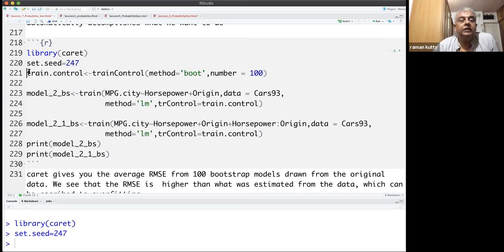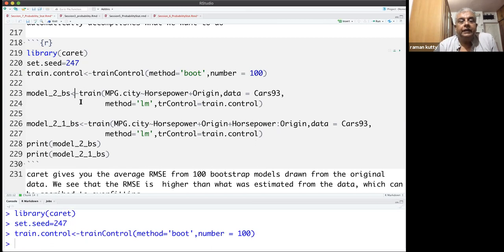So the first step in bootstrapping is to create an object called trainControl, using the trainControl command. Method should be used as boot and number 100, which means 100 times it will sample, just like we have seen earlier in the infer package. What is bootstrapping? Suppose that there are 93 cars, so it will sample one by one 100 times. Each time a car will be taken, added to the sample, and put back. So it is sampling with replacement. Then we have a sample of 100 cars. Of course, some of it will be repetition, but that is the first step.